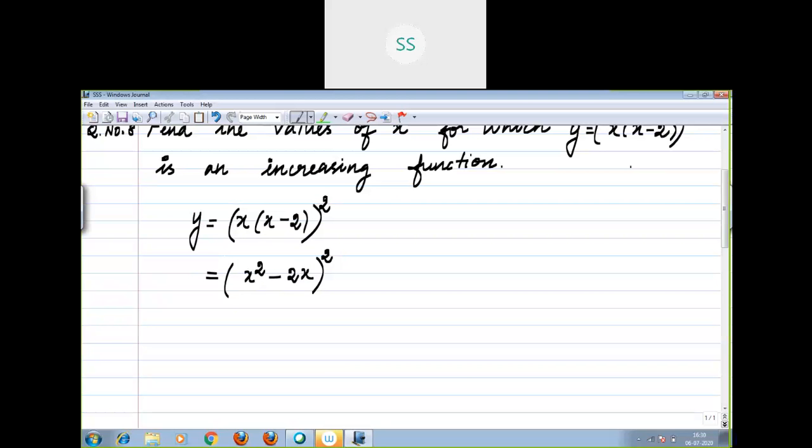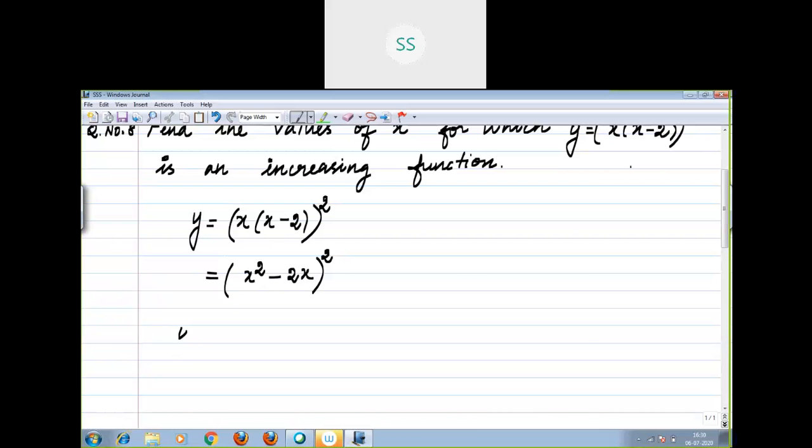Again, you apply the derivative of x power n concept first. When asked to find the values or find the interval, first you should find the derivative. Next, you should equate the derivative to 0. Keep that in your mind, children. Shall I move to the next step?